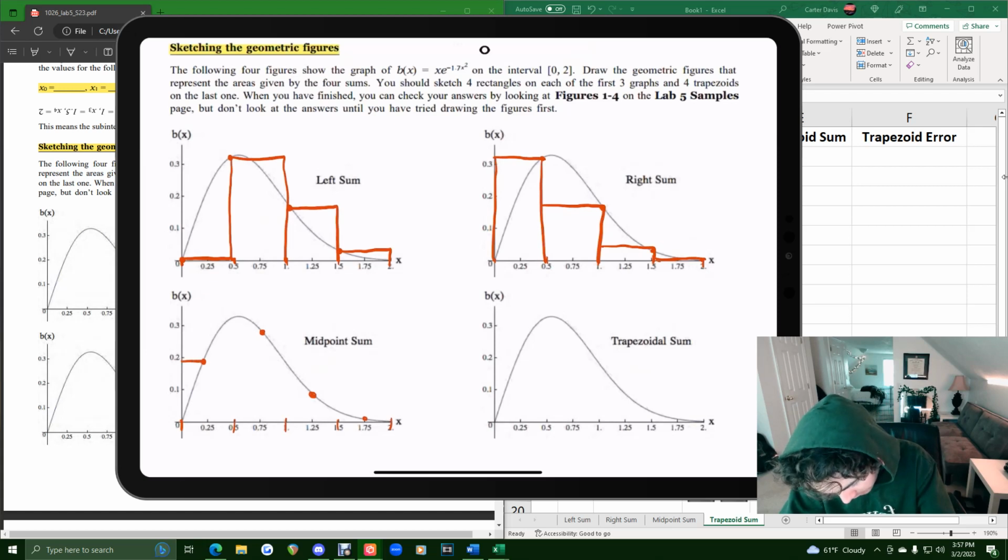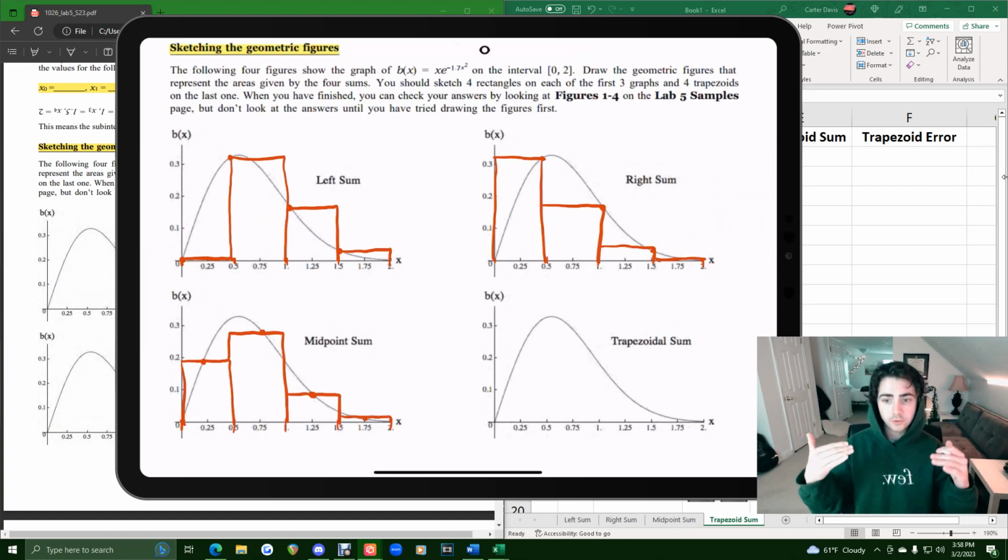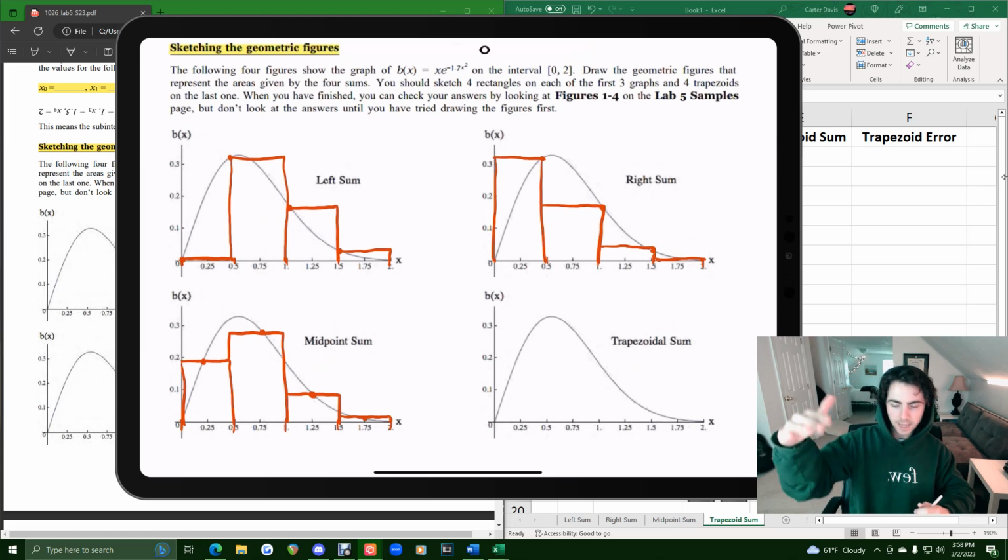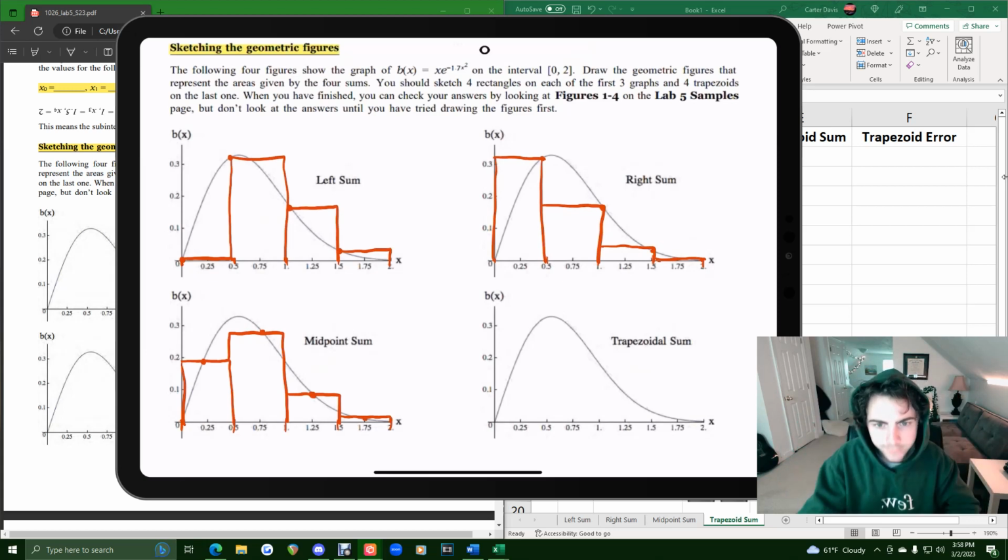And so then we form rectangles still spanning from 0 to 0.5, 0.5 to 1, and 1 to 1.5, and 1.5 to 2, just passing through those points. So the middle point x value gives us a y value that gives us the height of each of those rectangles. All right. So now trapezoidal sums, we're still going from 0 to 0.5 to 1, 1.5 to 2, except